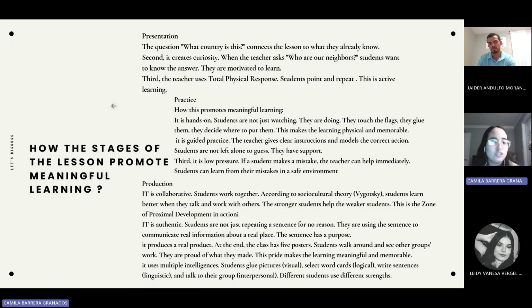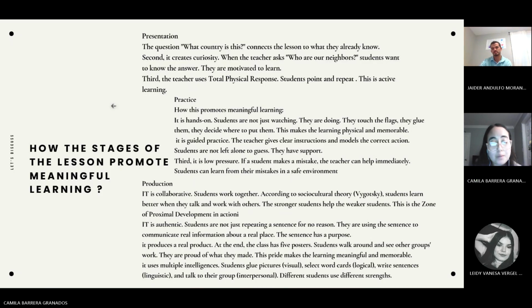And of course, the production is more than that. It's the collaborative groups. Students work together, and I think that I could add the theory of Vygotsky, that students learn better when they talk and work with each other or with another person. And the stronger students help the weaker students. Of course, they want to help them.